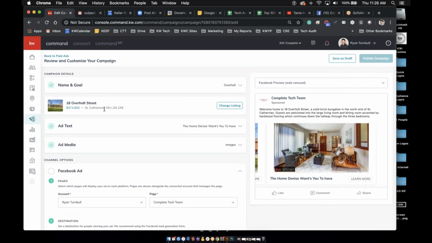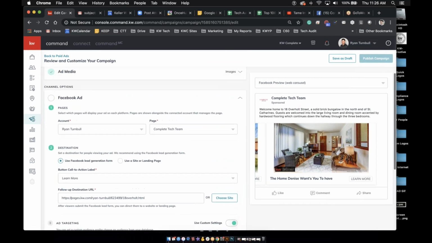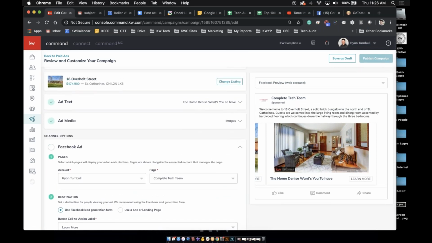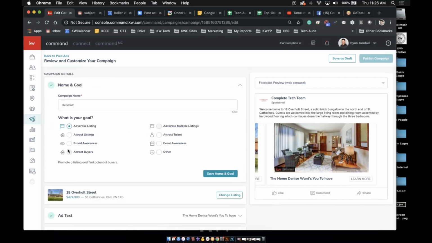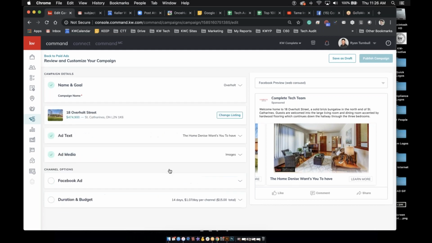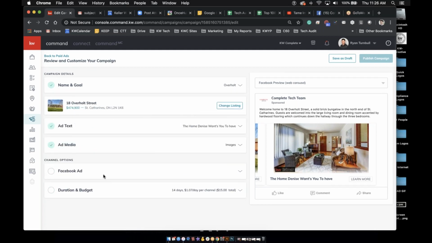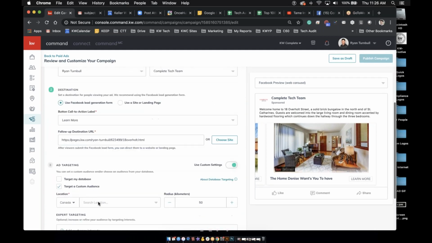and give Command time to think, it's because I have this selected. I don't know any neighborhoods in St. Catharines. Does anybody have an idea of any neighborhoods in St. Catharines that they could share? No? Okay. So I'm going to really quickly change the name and goal. I'll go to attract buyers, save name and goal. So that should allow me to put in a specific